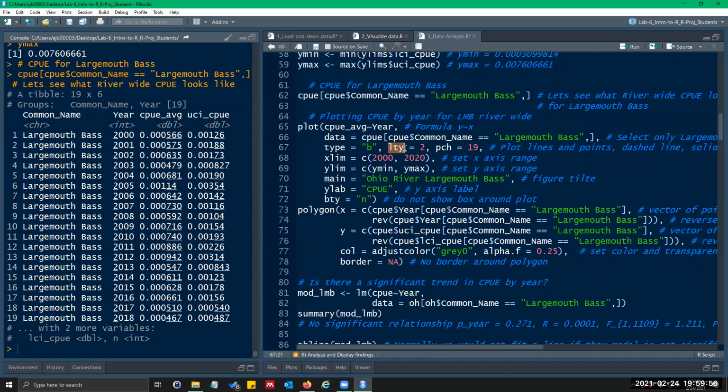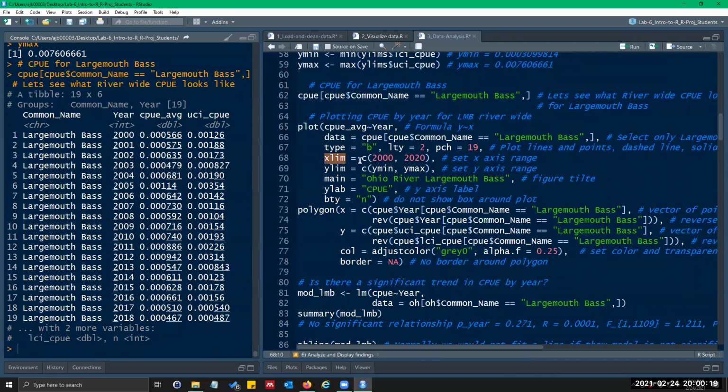lty is the line type. 2 is a dashed line, 1 is solid. You can look that up online. pch is the point type. 19 is a small black dot. There's others, you can get triangles, whatever. But that's what I have, and you don't need to change that. You can if you want.